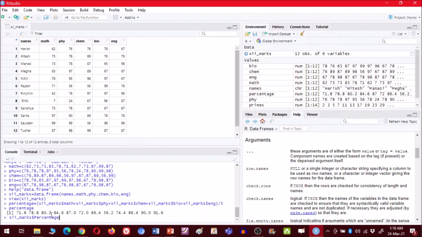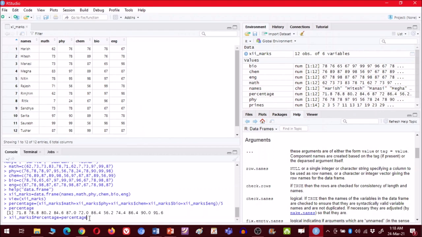So this is the name. See, name of the file, then dollar separates the name of the column, and write equal to and store percentage. This should be small, because we have used a small p here. So the name of the vector that we want to keep as this column, and now click enter.